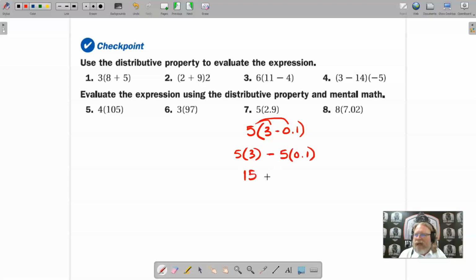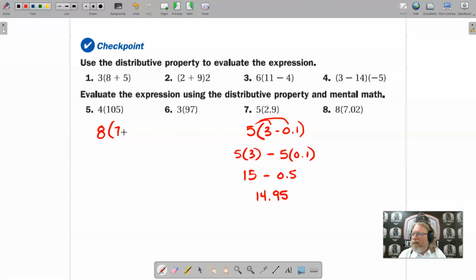I end up with 15 minus 5 times 0.1, which is going to be 0.5. So think of this like a nickel: $15 minus 5 cents. So I'm going to end up with $14.95. So 14.95 would be our answer for that one. And then for 8